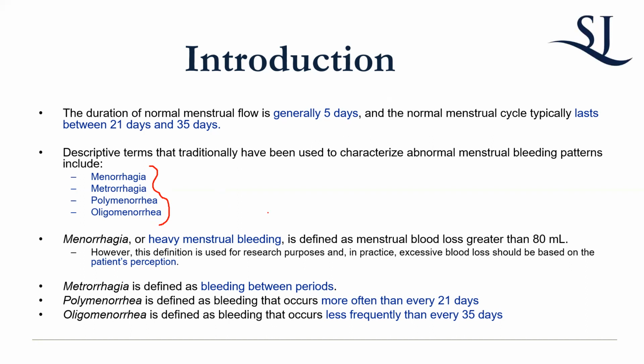But that's confusing for OBGYNs, let alone other specialties, to really understand. So it's preferred to just use plain terminology. Heavy menstrual bleeding is what is now the official term, okay? But the most important thing to remember is that it's the patient's perception of whether something is heavy or not, which makes a difference. They used to say if it's greater than 80 mLs, because when they were originally characterizing this, they were actually measuring it.